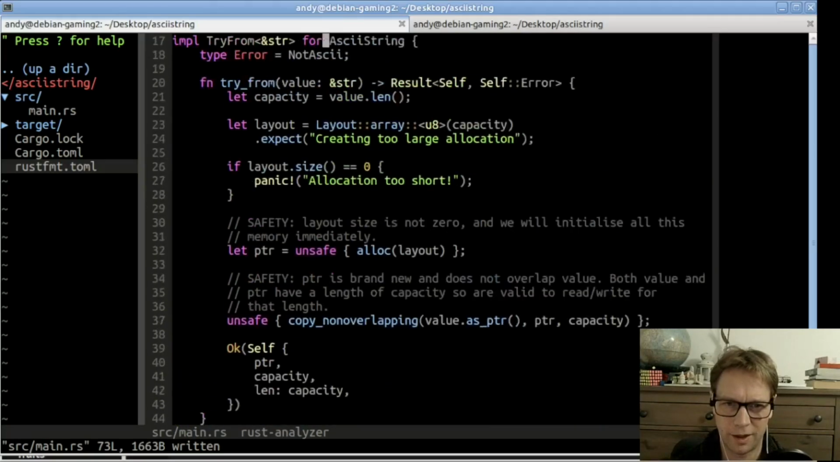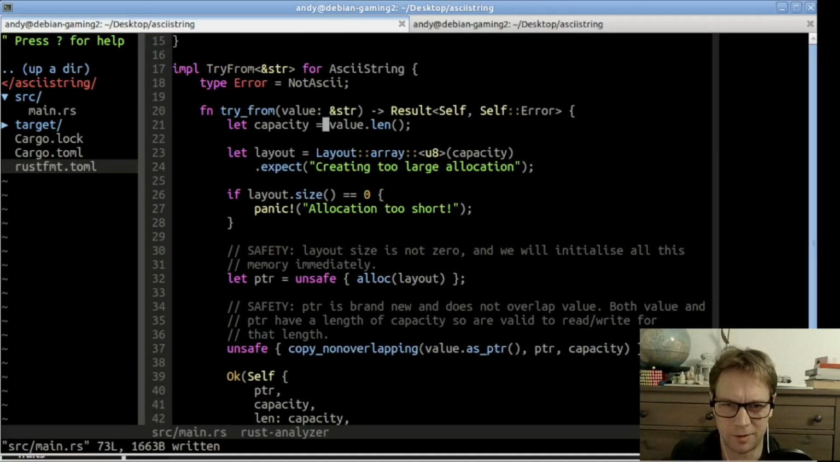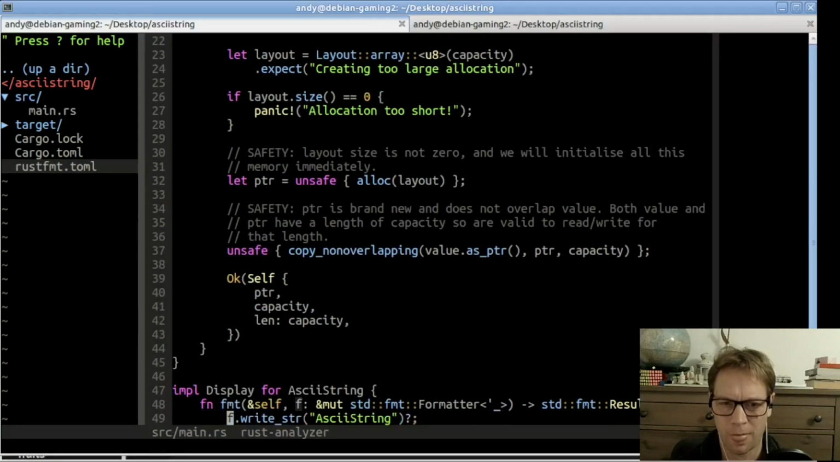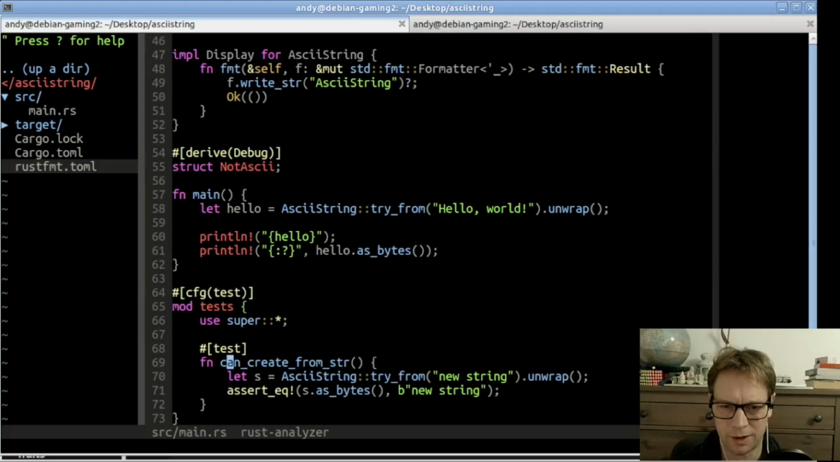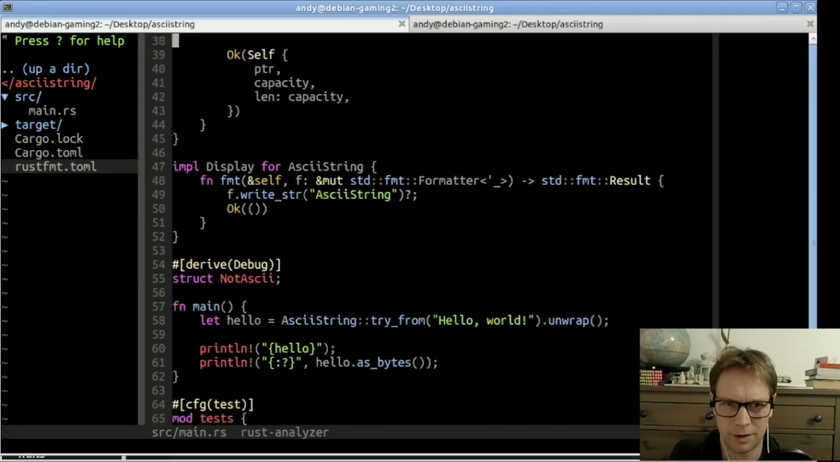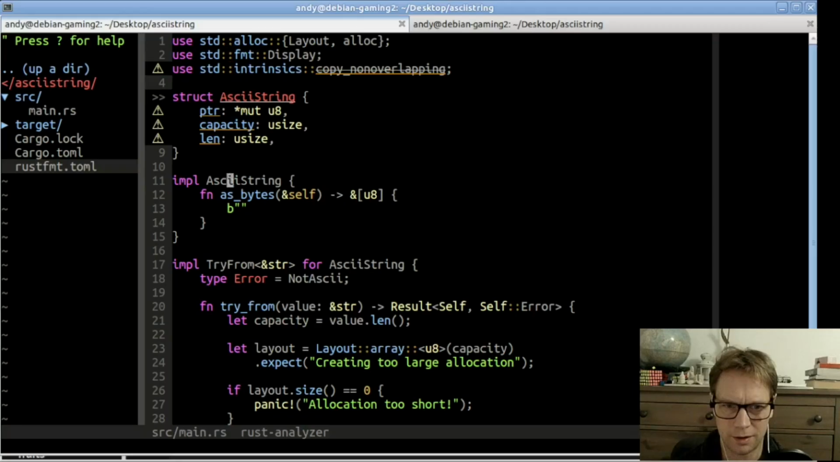All right, so I think we've now got an implementation. We look for the length of the thing. We allocate. We create a layout which says how much we're going to ask to allocate. We allocate it. Then we copy from value into pointer. Now we've got the thing, and as_bytes doesn't yet give us back the bytes. So let's implement that, which will just be